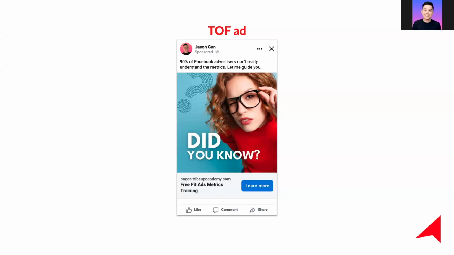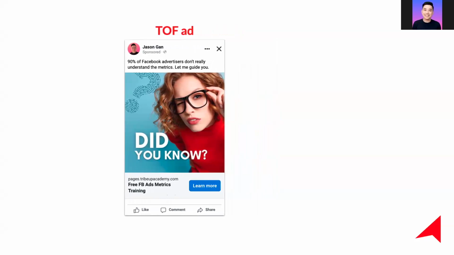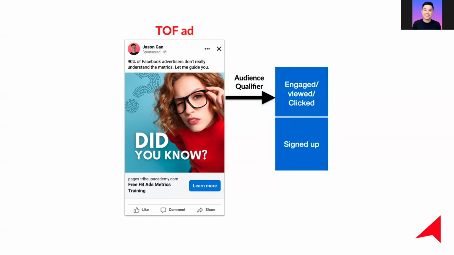So when it comes to top of funnel, basically we have a few criteria over here. First thing first, the ad itself would have a few audience qualifiers. Audience qualifiers means we define a set of actions that determine the audience as somebody who has interacted with the ad itself. So over here, as we can see, we have people who have engaged with the ad, viewed the video if there is one, clicked on the ad, of course. When it comes to engage and click, basically everything you do on the ad itself counts. Even if you like the post, share the post, play the video, click on the ad, go on the landing page, and of course, if you sign up, which, as we can see, this is the lead gen campaign over here.